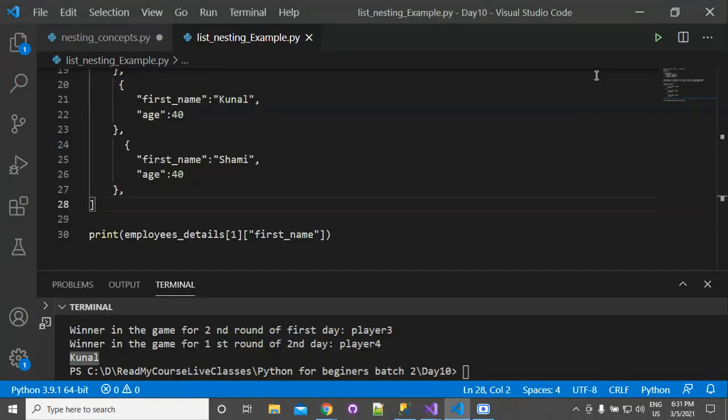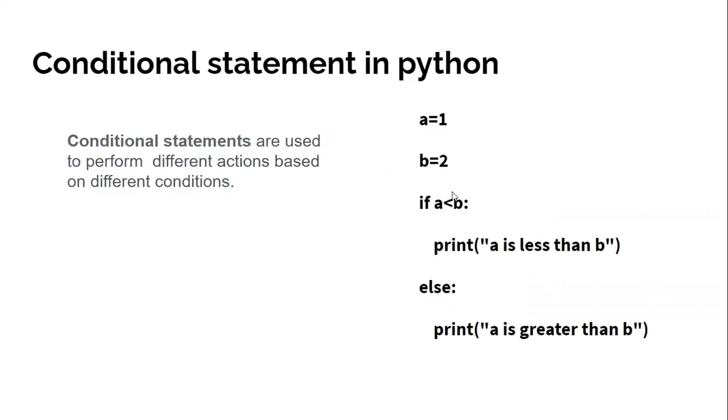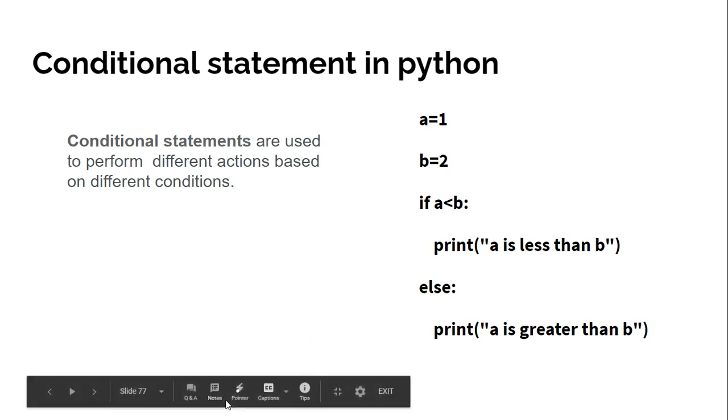So now I am giving you a very simple example of how conditional statements work in Python. So suppose that we have two variables here, a and b. Okay, and we have written a condition here. If a less than b, then print a is less than b. Else print a is greater than b.